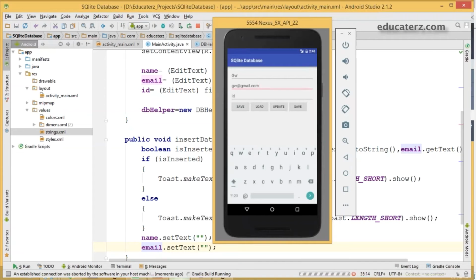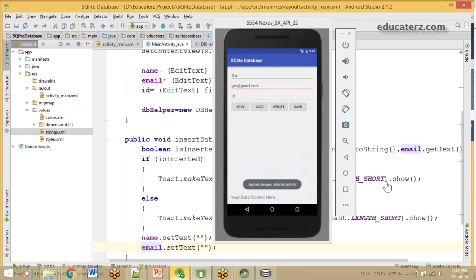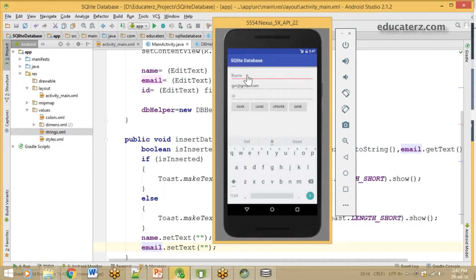And we'll add the other values now. I'll change it to Sandy, at yahoo.com. This is what we are entering. Click on save. The data is inserted and the fields have been cleared. The next one is Sudhir. The email is Sudhir at, sorry, go to the next, Sudhir at gmail.com. Click on the save button. The fields will automatically be refreshed.